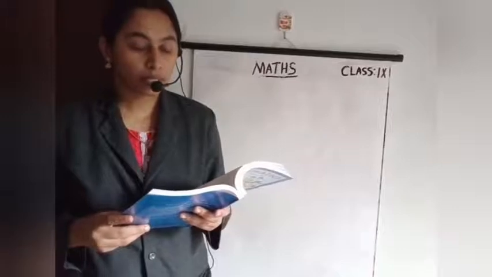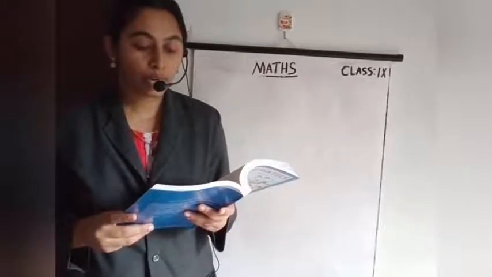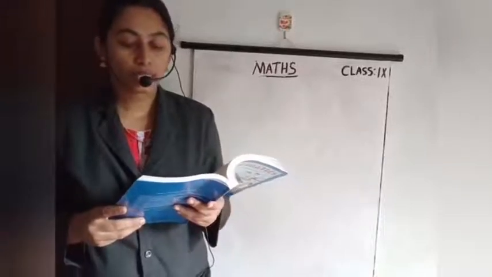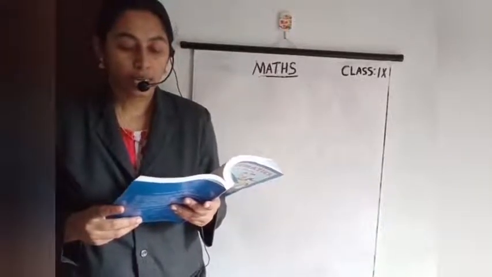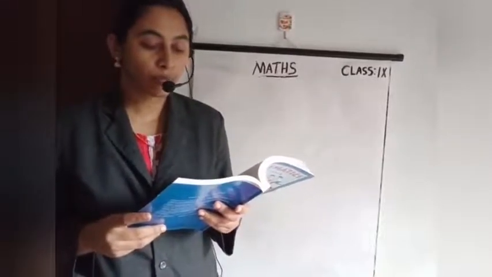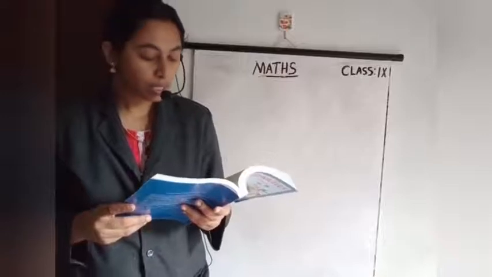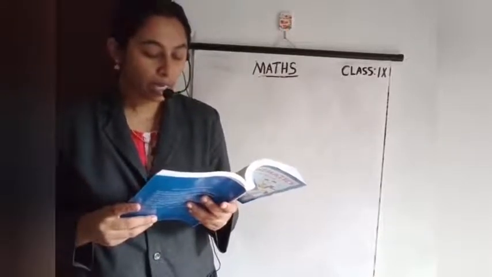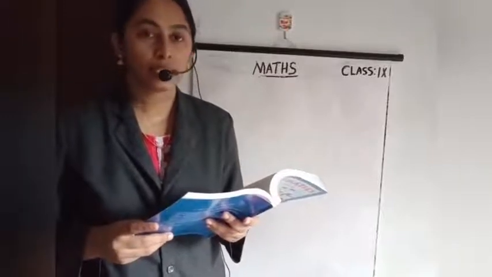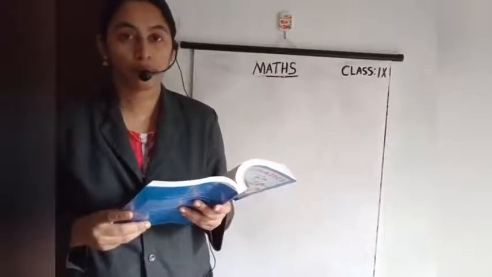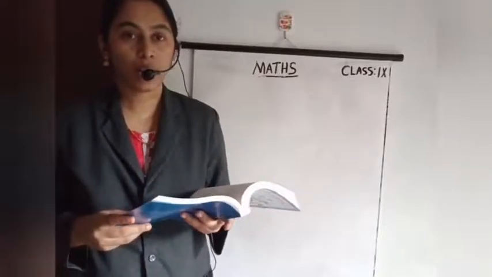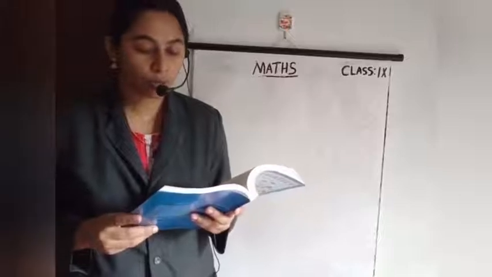Now question 6. Curved surface area of a right circular cylinder is 4.4 meter square. So its curved surface area is given. If the radius of the base of the cylinder is 0.7 meter, find its height. So this is the same as the first question. In that one it asks about radius. Here there is a little change, the base radius is given and we need to find its height. So this is also for homework.